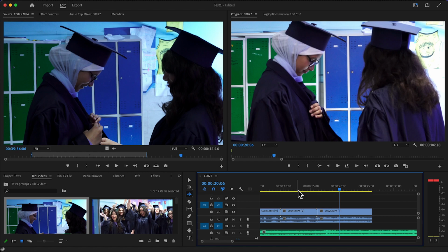Great. So this is all about Ripple Edit. And again, to remind you, Ripple Edit is a trim tool used to trim a clip and ripple the rest of the clips in the timeline. So there is no space or gaps between any of those sequence clips. Let's find out about the next tool,